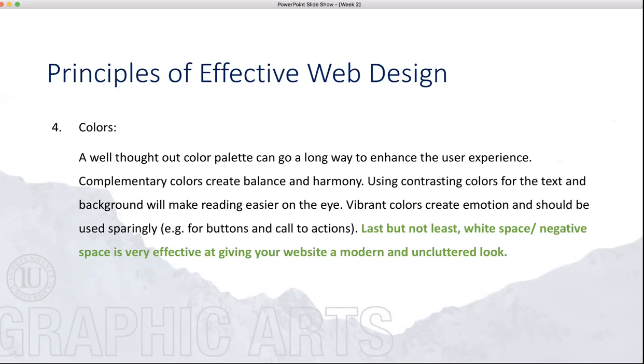Colors. A well thought out color palette can go a long way to enhance the user experience. Complementary colors create balance and harmony. Using contrasting colors for the text and background will make reading easier on the eyes. Vibrant colors create emotions and should be used sparingly for buttons, calls to action, that sort of thing, but not